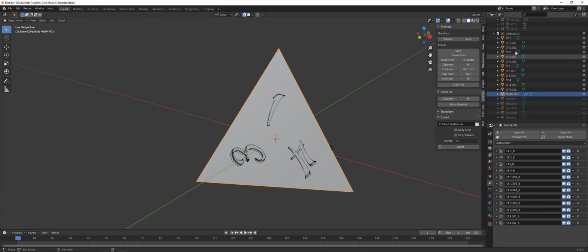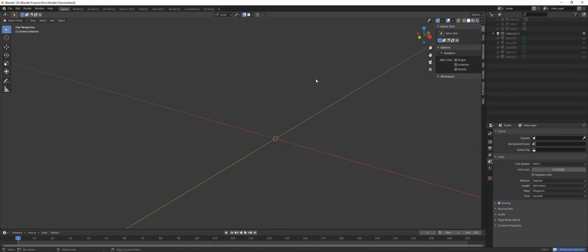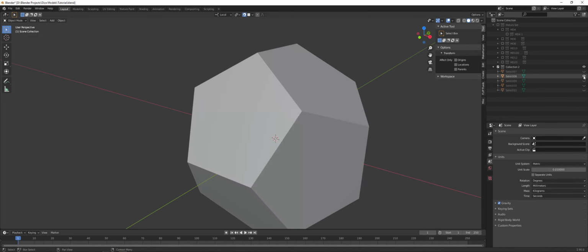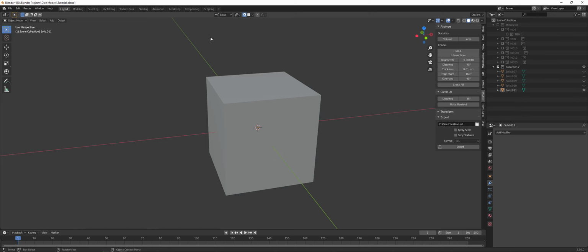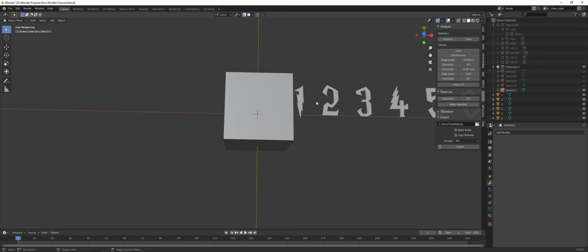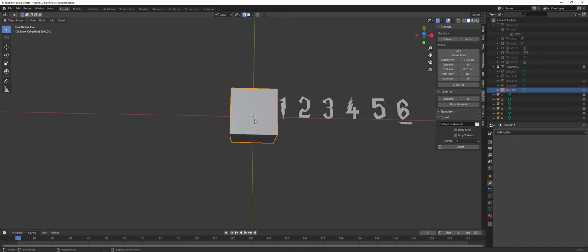Now I'm gonna delete this D4, and we're gonna go on with the next one, which is gonna be the D6. So for the D6, let's bring in some numbers. These ones are good, probably. So I have my 1 through 6 here, and the D6 is really easy. Just make sure you're in a median point, and